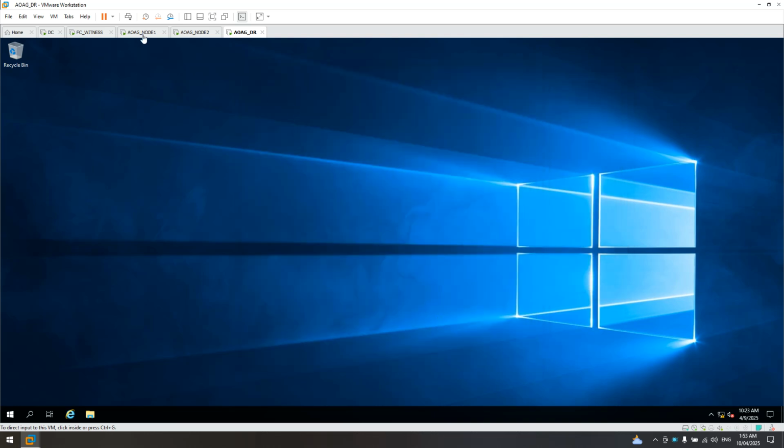Okay, right now I already set the CD drive on these three workstations, pointed to the ISO installer of SQL Server.